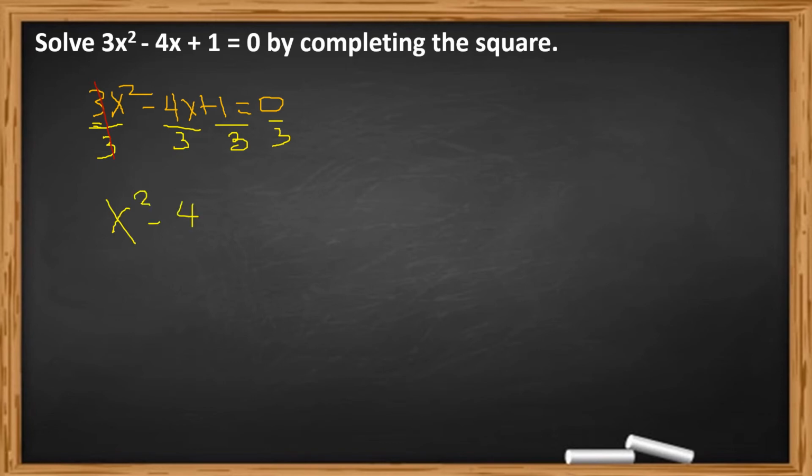minus 4 third x plus 1 third equals 0 divided by 3 is 0. So, ganyan. Dapat ang numerical coefficient palagi ng ating quadratic term is 1 kapag ginagamitan natin ng completing the square. Dapat 1 palagi ito. But we may not write it. So, burahin ko na muna. Ayan. Next